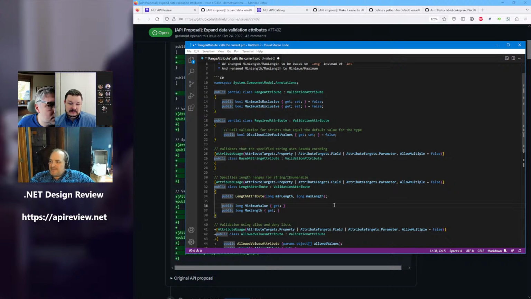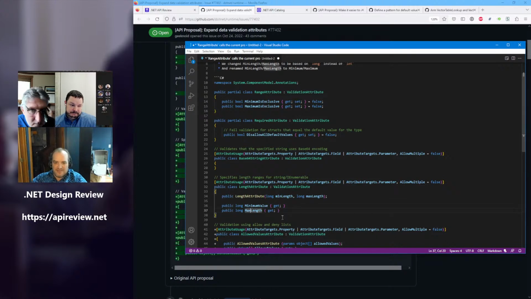Because the attribute name has length, so repeating length in the properties kind of... I still think it strikes me as inconsistent compared to the existing length attributes, though. I agree. I prefer min length, max length. Yeah, that's fine.